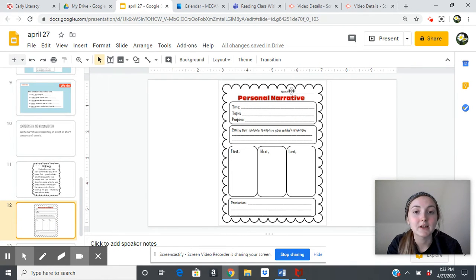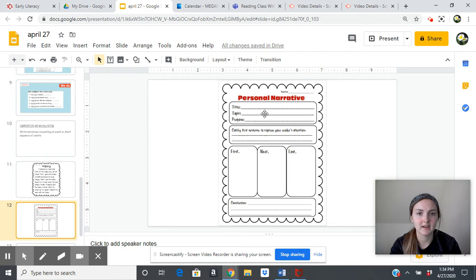So a personal narrative can be a story about you. If we're doing our story on washing hands or any topic, it could be something that happened to you, or something that happened to someone you know. If someone you know has an important story or a good story on washing their hands, you can use that. Or last but not least, what's fun about narrative writing is you can make up a character. If there's a character you want to make up and they have an interesting story why it's important to wash their hands, then you can use that too, as long as it's answering the question and it's related to the topic.